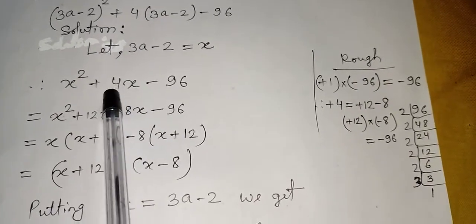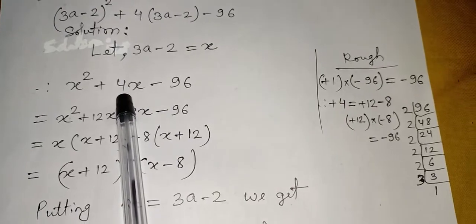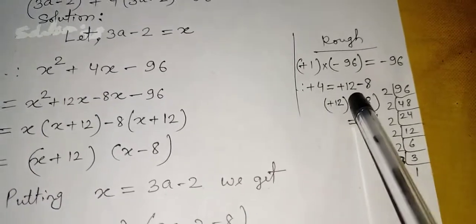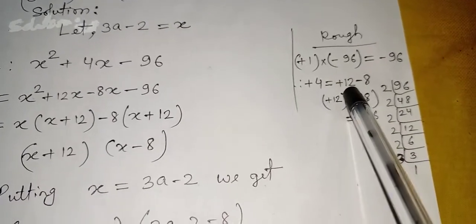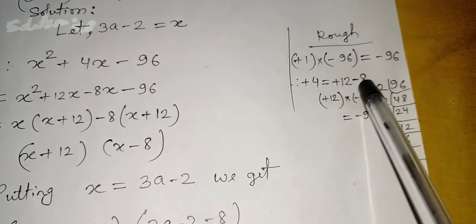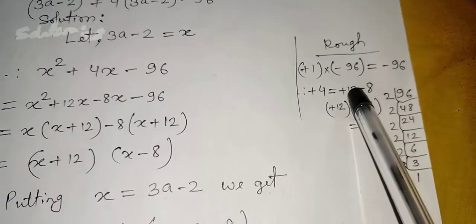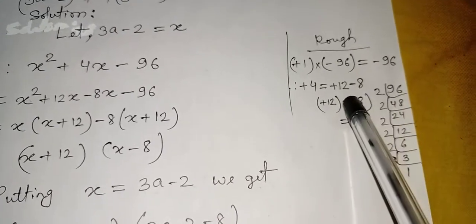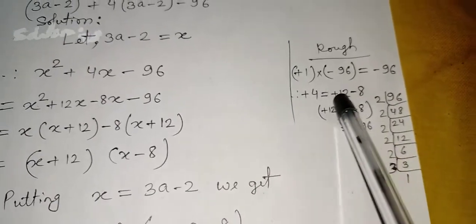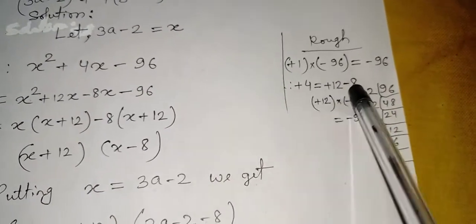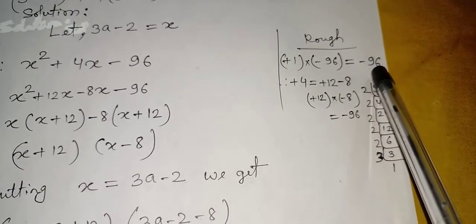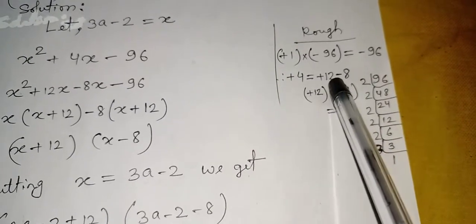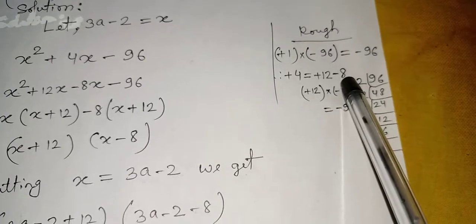So we have to split plus 4 into two parts. This is the actual thing to do. I wrote plus 4 in the rough. Now I have split plus 4 as plus 12 minus 8. Actually plus 12 minus 8 is plus 4 only. And if you multiply plus 12 and minus 8, your result is minus 96. Yesterday I told you we have to split in such a way that by adding or subtracting you get plus 4, but by multiplying you get the same number you got by multiplying first and last, that is minus 96. By writing plus 12 and minus 8, both criteria are fulfilled.